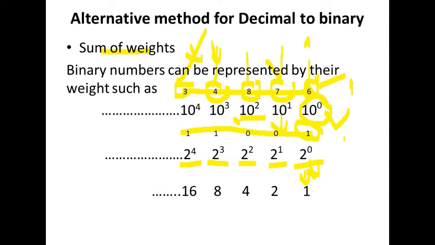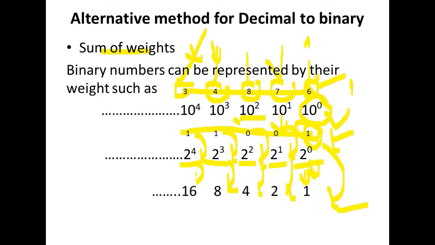In the same way, we see that in the binary number, this digit 1 is given the weight of 2 to the power 0, that is, the weight of this digit will be 1. Likewise 0 is given the weight of 2 to the power 1, that is, this 0 is given the weight of 2. And the third digit is given the weight of 2 to the power 2, that is, its weight is 4. And the fourth digit is given the weight of 2 to the power 3, that is, its weight is 8. And likewise the next digit is given 2 to the power 4, that is, its weight is 16. Likewise we can proceed.